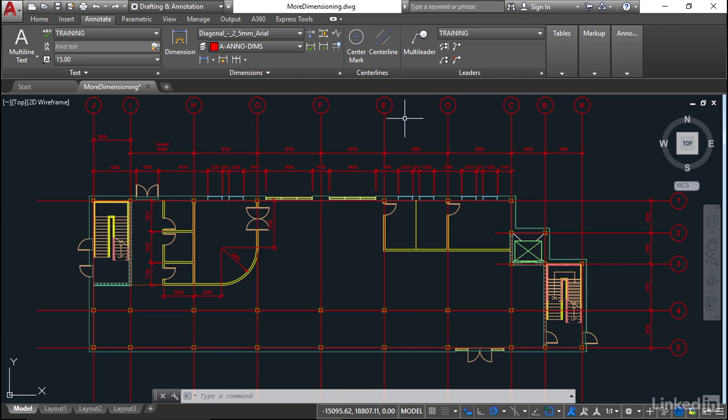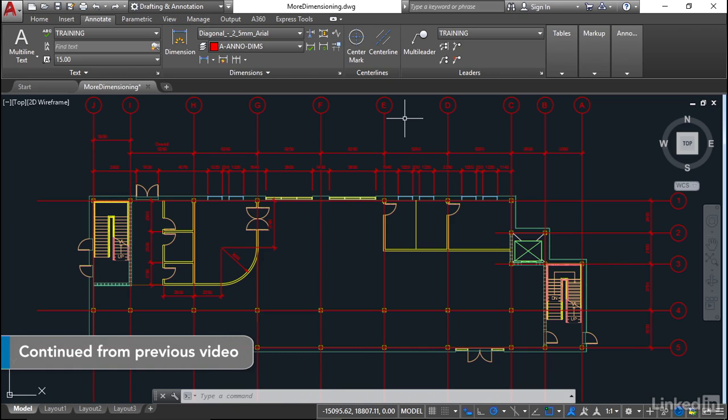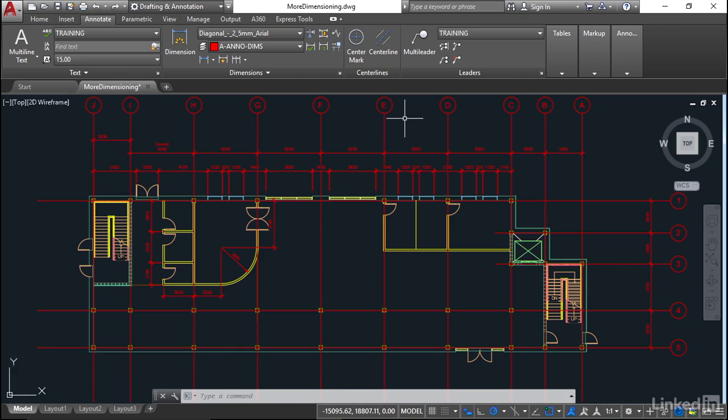We're staying in our moredimensioning.dwg file, and we're going to have a look now at using continue and baseline when we're dimensioning in our AutoCAD drawings. You'll notice again I've done a zoom extents on the drawing. That's just a double click on the wheel to zoom out and take stock of the AutoCAD drawing that you're